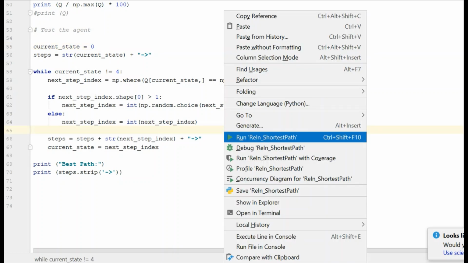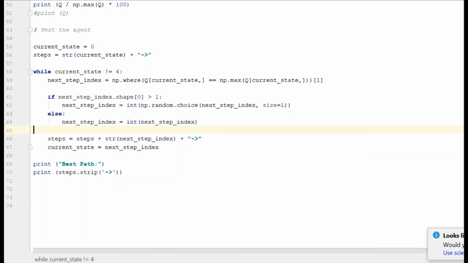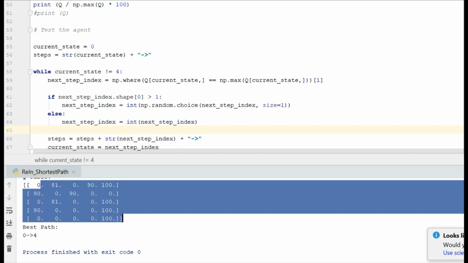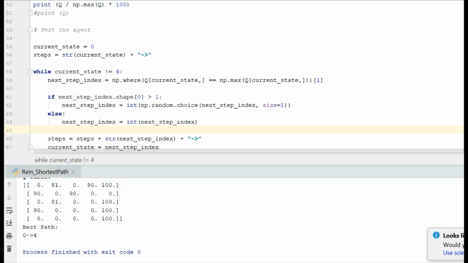So let me run the program. So here you can see my matrix would look like this, and the best path is directly from 0 to 4.